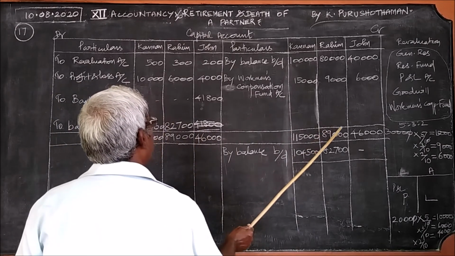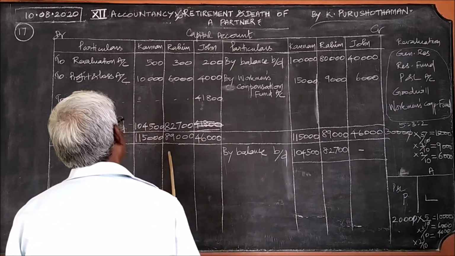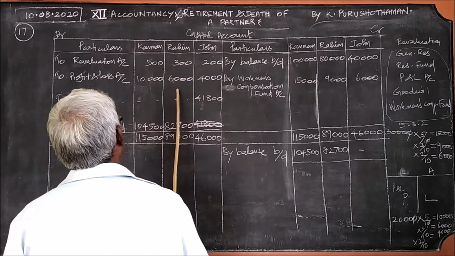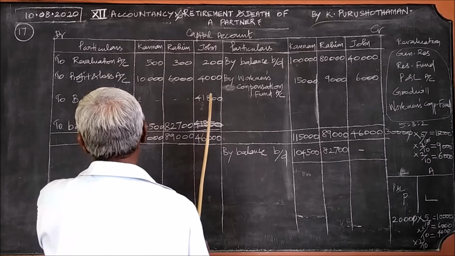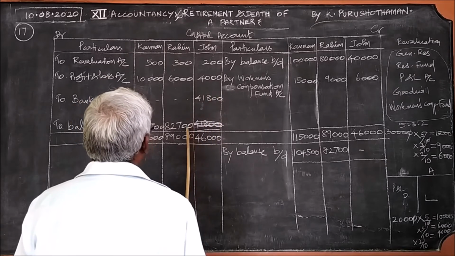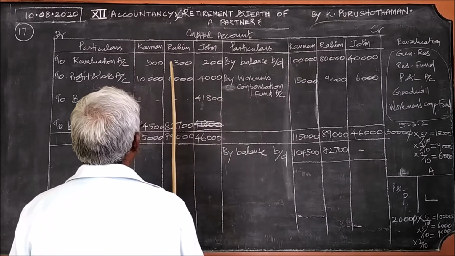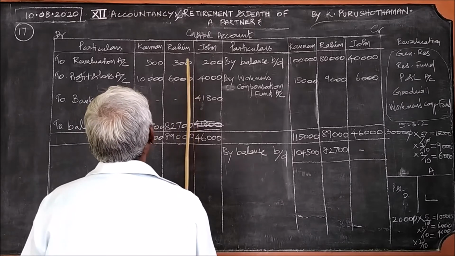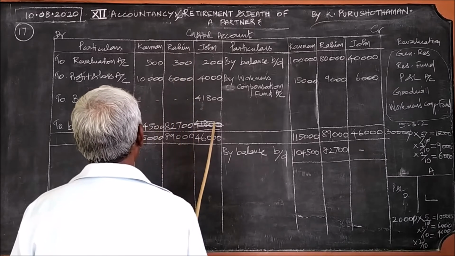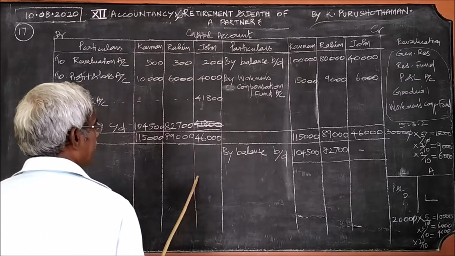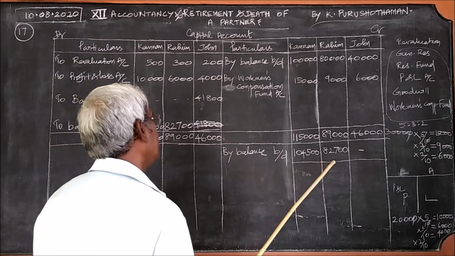Then, next one for writing 89,000, and out of it already 6,300 is used. So the balancing figure is 89,000 minus 6,300, which is 82,700. The third partner,